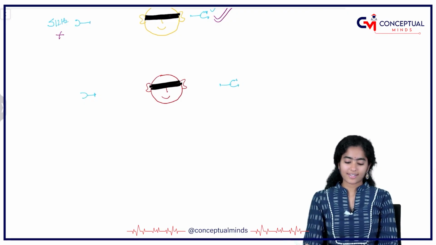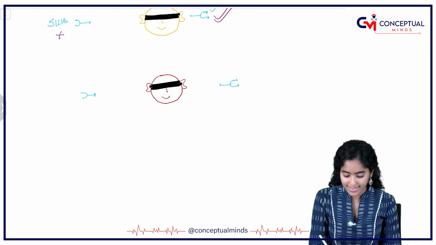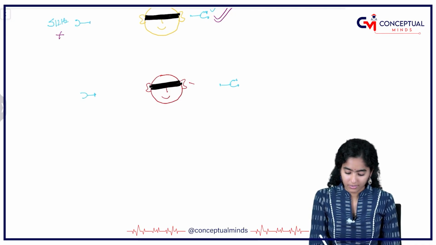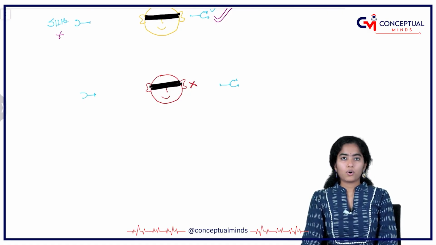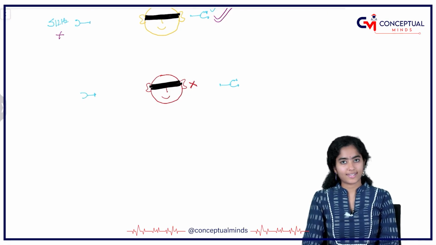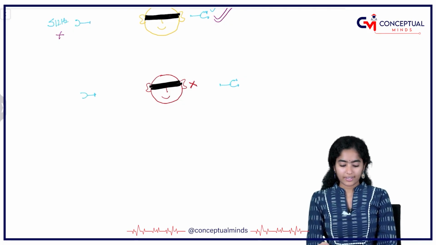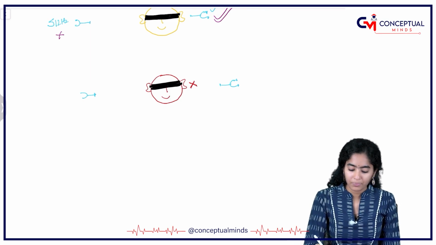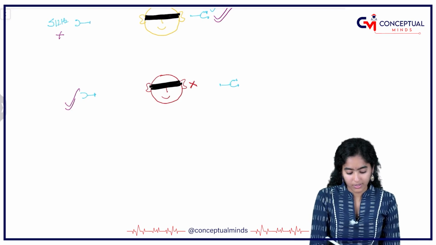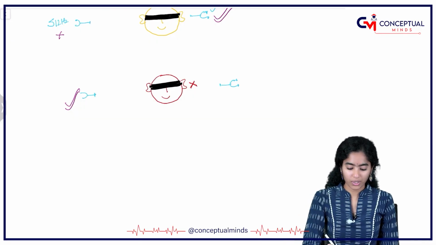This malingerer is claiming that he is unable to hear on this side. He is deaf on this side, on the right side. You put both the tuning forks at equal distance and he is saying he is deaf on the right side. So automatically the patient, when you ask which side are you able to hear, will say I am able to hear on the left side. I am able to hear this sound. Okay, well and good. Next what you will do is,